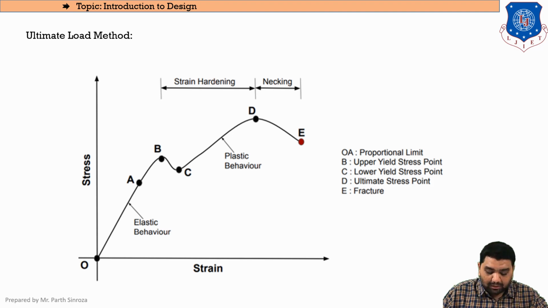And point D is called the ultimate stress point. That means the maximum stress that the material can carry is called the ultimate stress point, and after that point the material will start to fail, that is, rupture will occur. So the maximum extent up to which the building or the member can satisfy its purpose is called the ultimate load. If we take this load and design accordingly, then it will be called the ultimate load method. But as we increase loads, the dimensions of the building also increase and the material consumed also increases. So it directly affects the economy of the building.